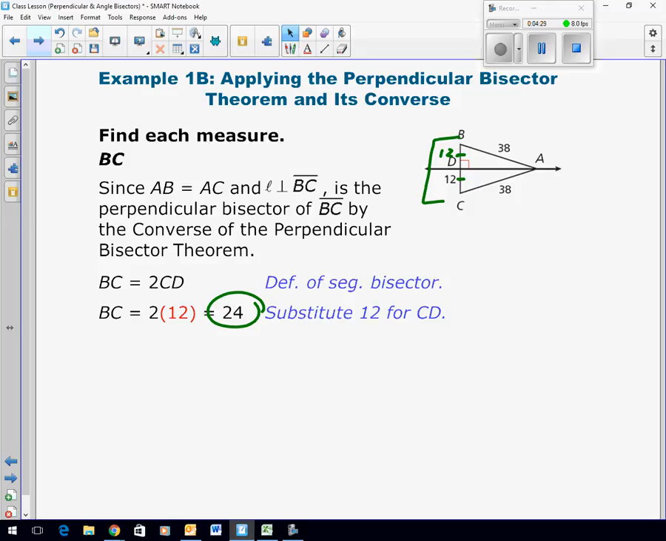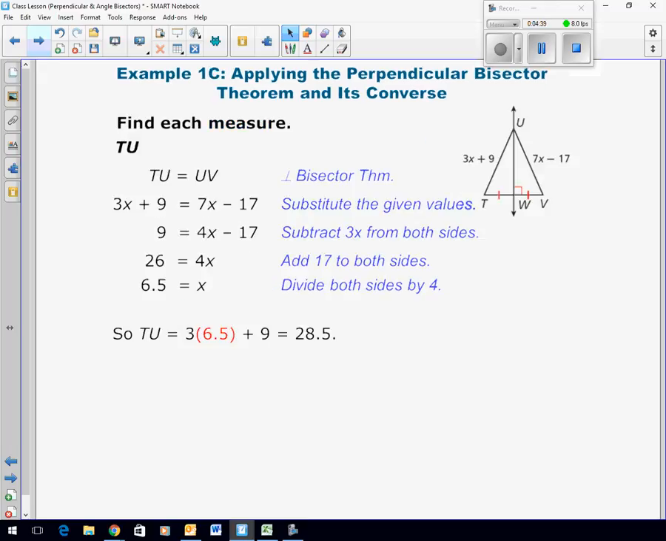I've taken you from triangle congruence down a little bit. Now we're back down to the easy stuff. Alright, let's do this one. All of a sudden, I say, hey, time out. I want to know what TU is. And I'm given this information. TW is congruent to VW. This is a 90-degree angle. That tells me that